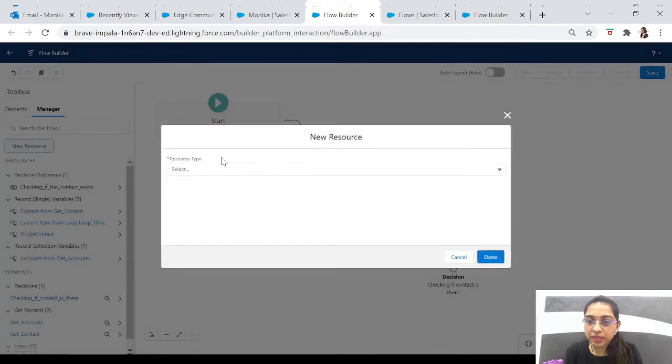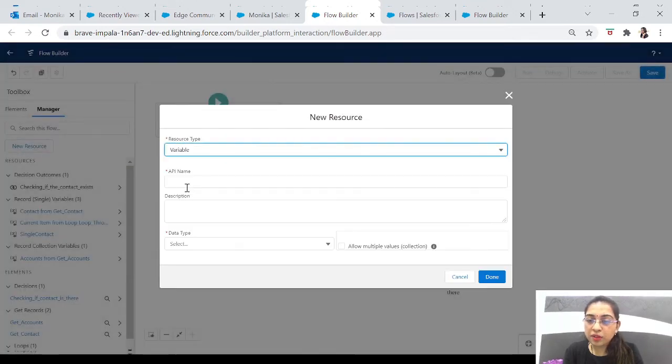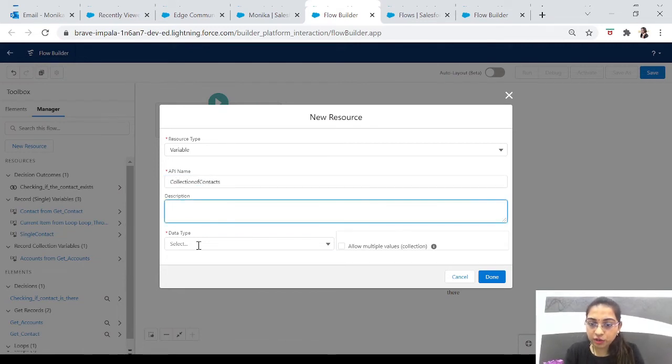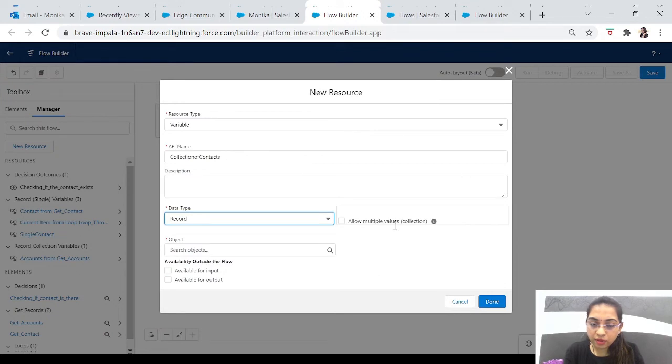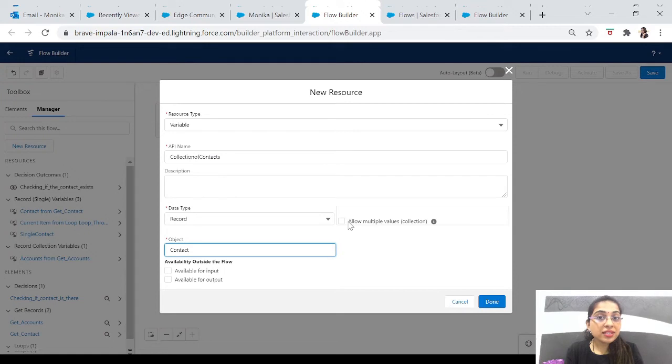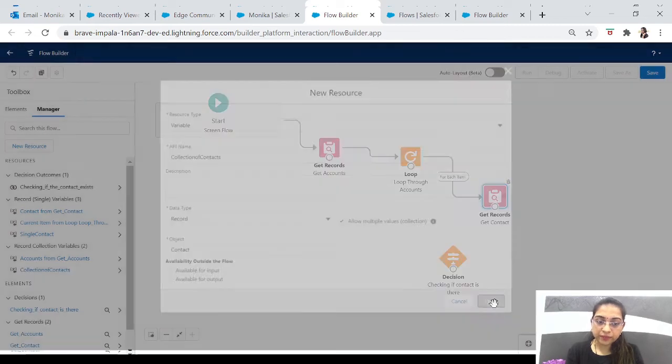The second variable will be the same, but a collection of contacts. The data type will be record, the object is contact. And because it is a collection variable, we have to check the checkbox allow multiple values. Okay, and let's click on done.